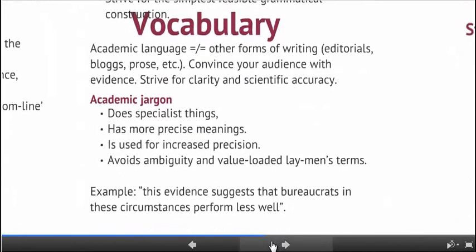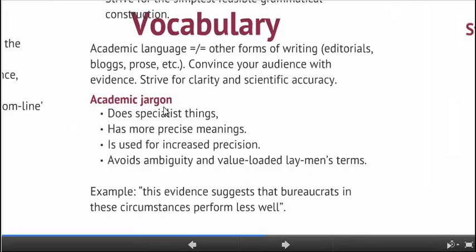But before that, vocabulary. Here I really want to stress, academic language is not like other forms of writing. It's not like an editorial, it's not like a blog, it's not like prose. You want to convince your audience with evidence. So you want to strive for clarity and scientific accuracy. So avoid hyperbolic things, right? You want to convince your audience with evidence, and